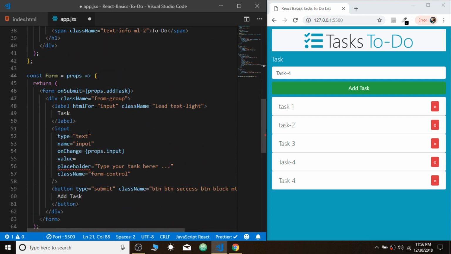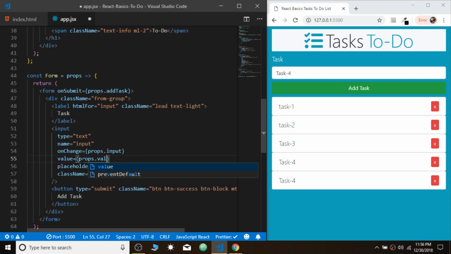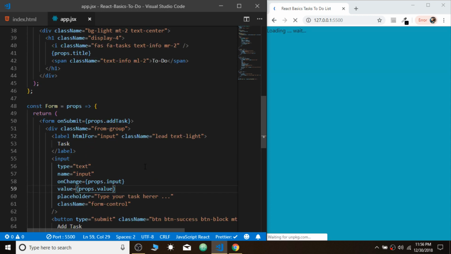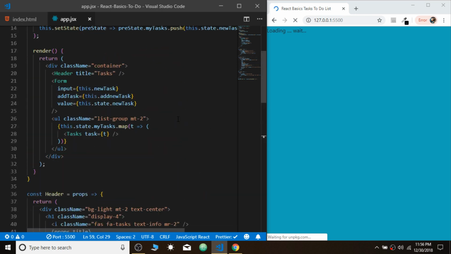Okay, in the form, I want to pass the value, this props dot value. If I save now, and now when we, because props would have,